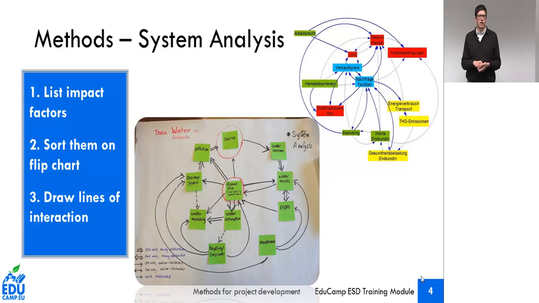You might think about any other case, wherever you are working on projects. As a teacher you might work on implementing new teaching tools within your school, which is also a project, right? And again it has different impact factors that are social, economic and maybe also environmental. Again, it's about listing them, putting them into relations, drawing the lines in between, as you can see here in this chart,